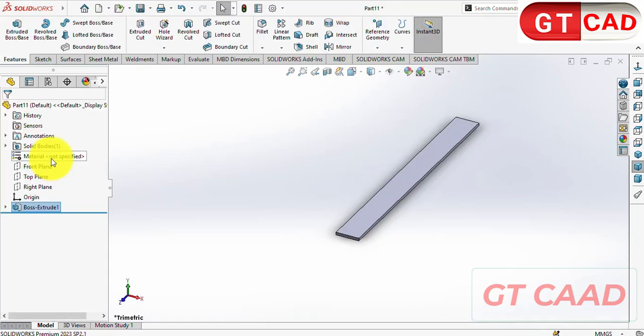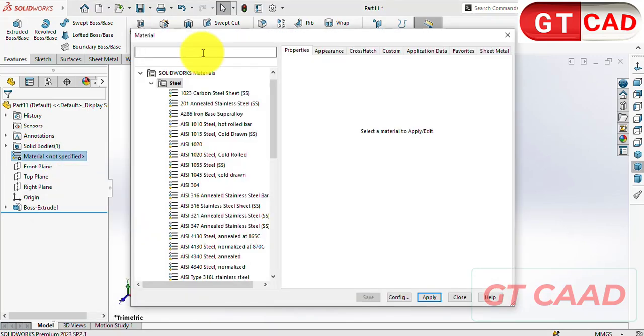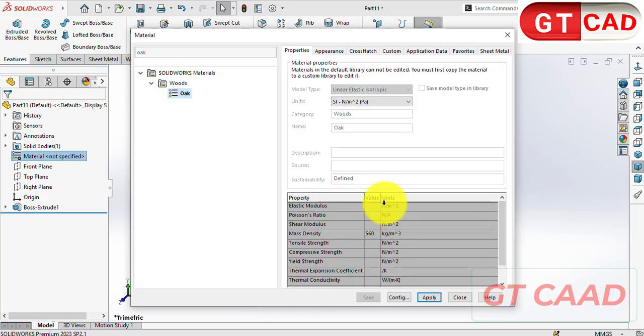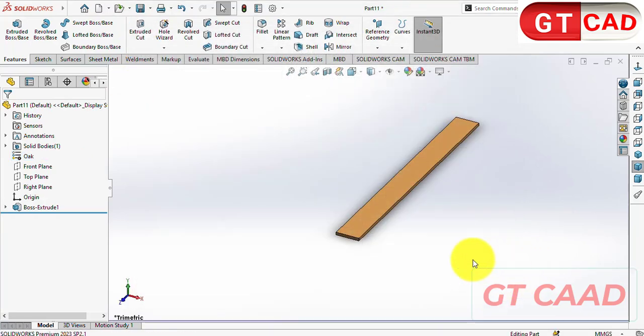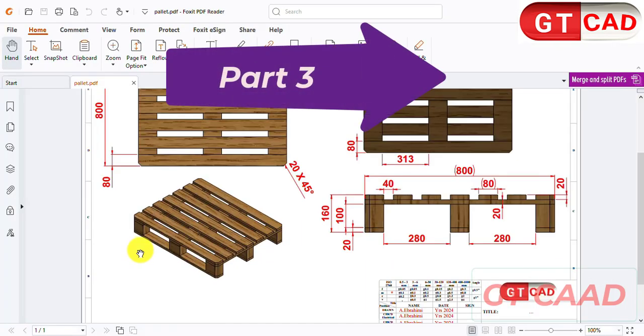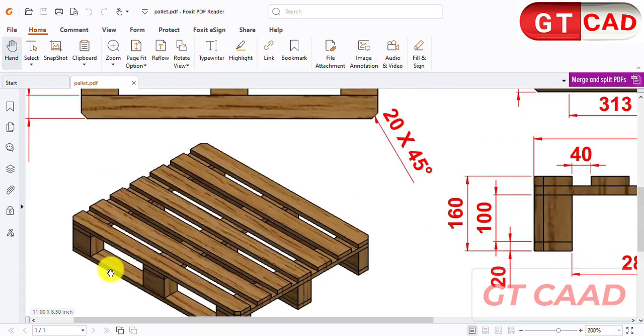Okay, right click on the material, go to edit material. As in the previous part, just write oak and select the material, apply, save it as part number 2. Okay, for part number 3, we have some wood, 1 2 3 4 5 6 7 number